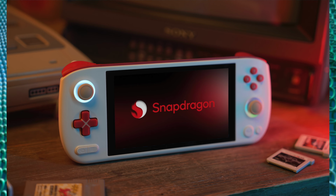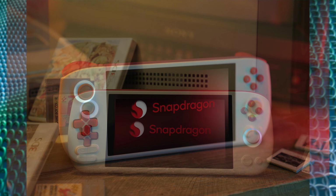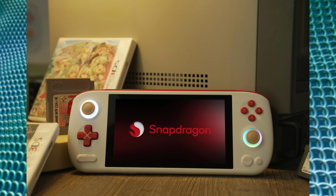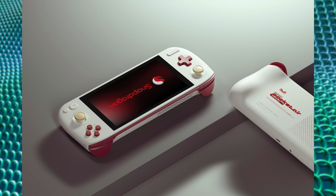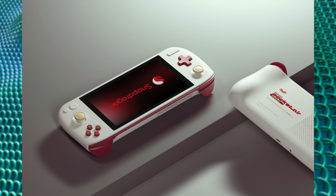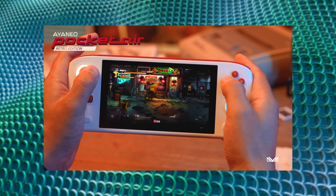And one thing that hasn't been made clear so far is the price difference between the 1200 version versus the Snapdragon version. But I'm going to tell you right now, if it's not that much, definitely go with that 8 Gen 2 version. You won't regret it, and it's definitely going to offer much better performance across the board, especially for higher end emulators. I'm definitely going to try to get my hands on both versions so we can do